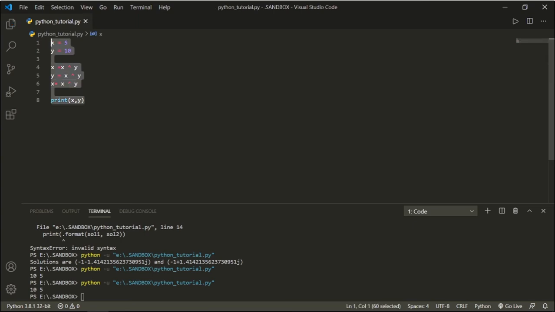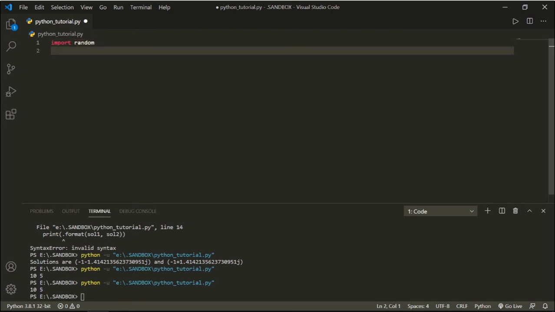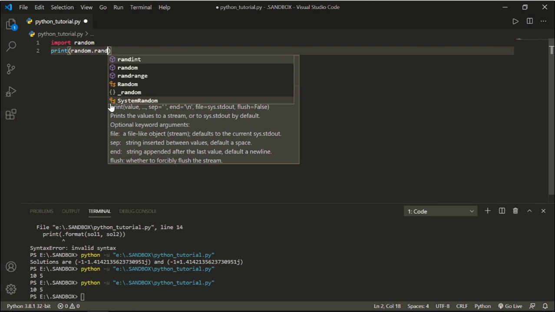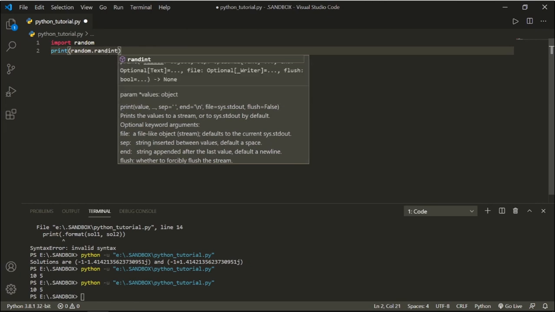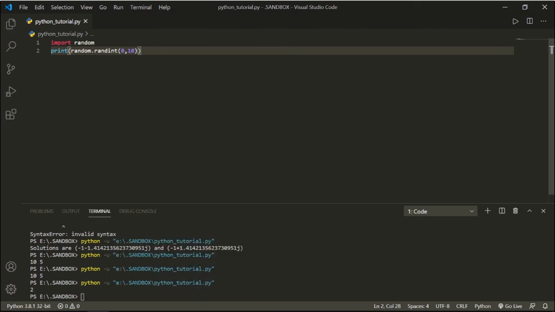Now let's say you wanted to generate a random number. For this you're going to call a library, it's called random. So import random, and that's basically it. You just use print random.randint, and you assign a range. So let's say from 0 to 10, and save this, and if you run the code now, it's going to basically generate a random number